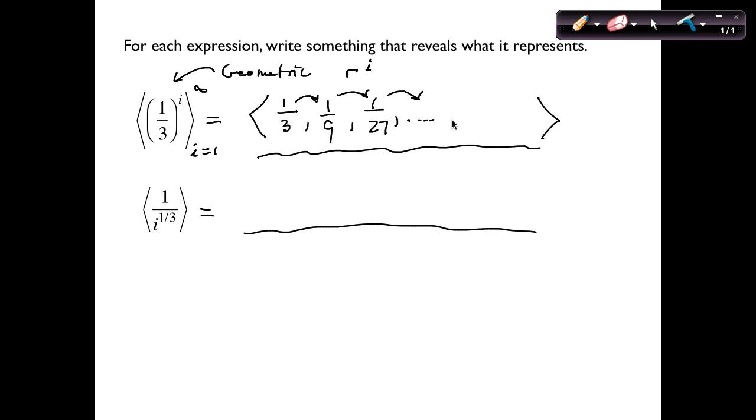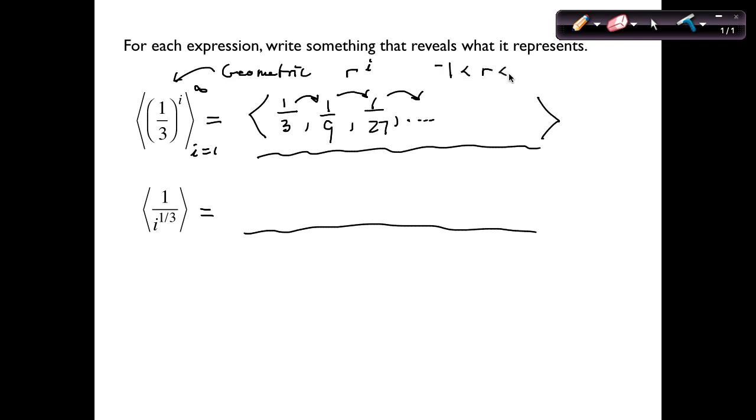And when does this converge? Does this converge? To what? Yeah, it's going to converge to 0. These are going to get really small. This is like on an old school calculator. If you hit 1/3 and then keep hitting times, the number's going to keep getting smaller and smaller until eventually it's just going to show 0. You can't show a number that small. So this converges to 0 when